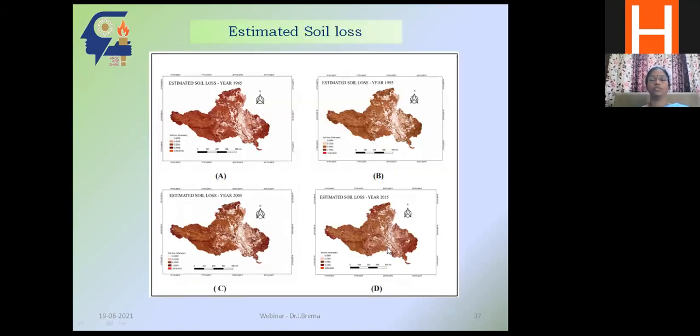Again, I'm not showing the table, but during our assessment, we could see there was an increase in erosion. This increase in erosion is because of the land use change. As I have been telling, we have taken 4 years of land use, and from land use only you are calculating 2 factors, the C factor and the P factor. So there was a drastic increase of land use impact on soil erosion, and 2015 was very high compared to 1985. So what are the conservation measures to be done? This we have concluded in the study. We have superimposed a district map over this to understand which district is having high erosion.